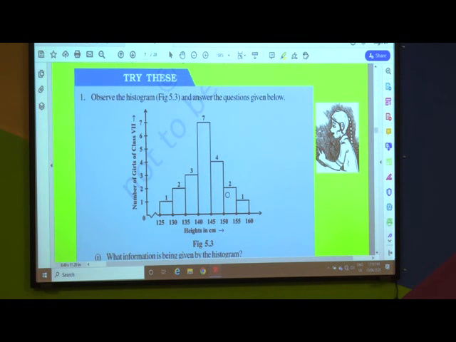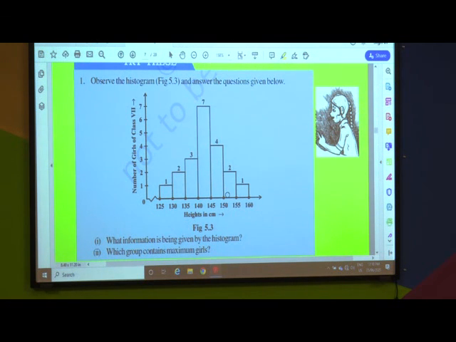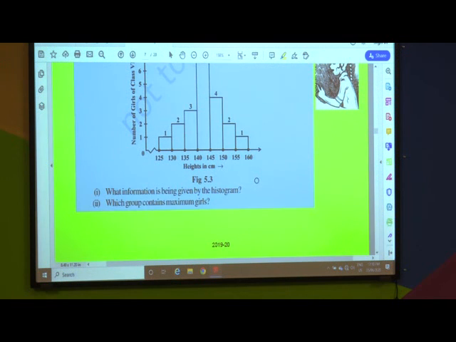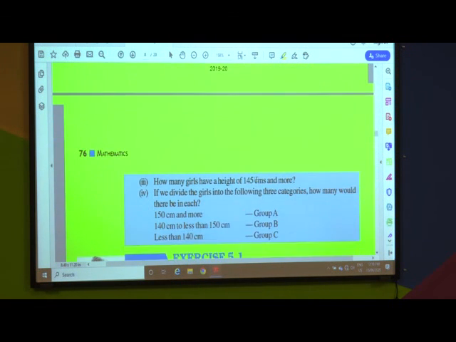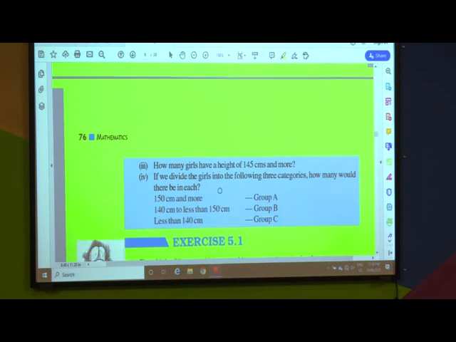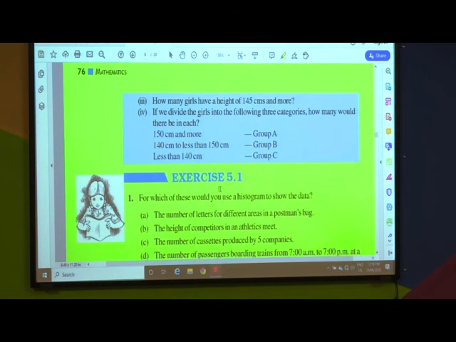Again an activity is given for you. Observe the histogram and answer the questions given below. You can do this activity. The questions are present on this page also. Now here,